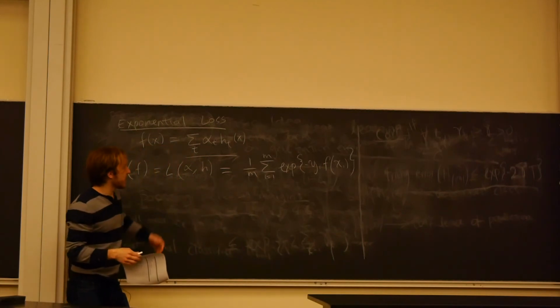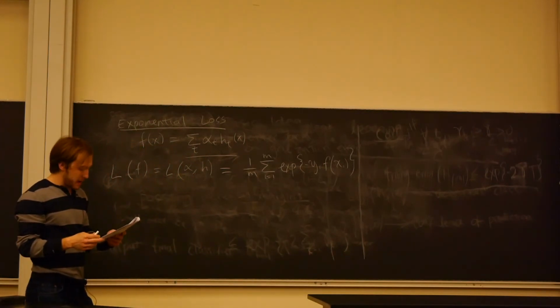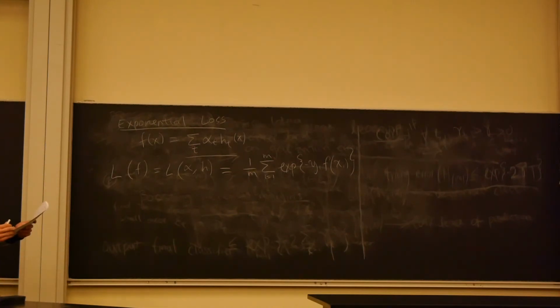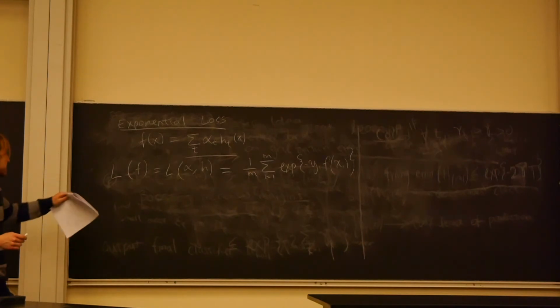So essentially we have this loss here, and what people have proven is that at each round of the boosting algorithm, Adaboost greedily chooses some alpha sub t and some h sub t that minimizes